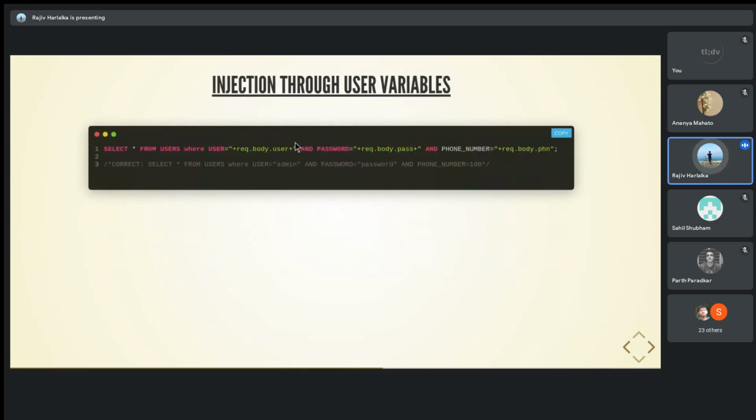Here's an example of an injection of the first kind, through user variables. Assume I have a query on a users table, extracting all the rows and columns where the username, password and phone number of a particular user are being checked. If I have a user in the table with username admin, password as password, and phone number 100, then only if the user enters username admin, password as password, and the number should this command be executed. Otherwise, not. But instead,